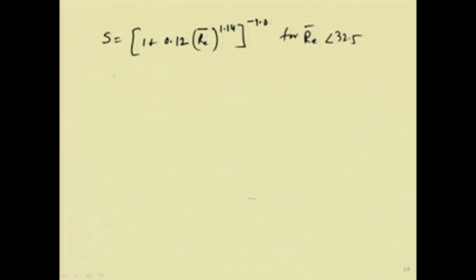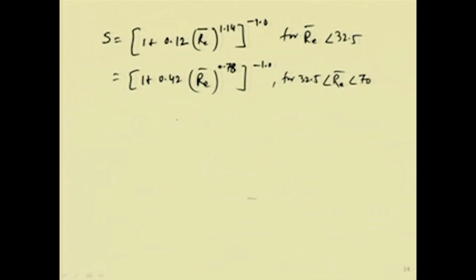And then we know that S is a factor given as 1 plus 0.12 Re-bar to the power 1.14, whole to the power minus 1.0, for Re-bar less than 32.5, and this is equal to 1 plus 0.42 Re-bar to the power 0.78, whole to the power minus 1.0, for 32.5 less than Re-bar less than 70, and this is equal to 0.1 for Re-bar greater than 70. So, here Re-bar is again defined as 10 to the power minus 4